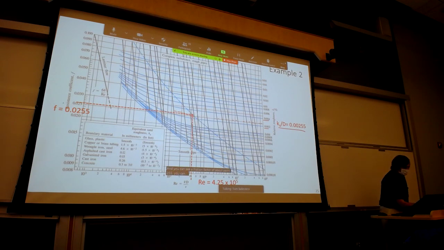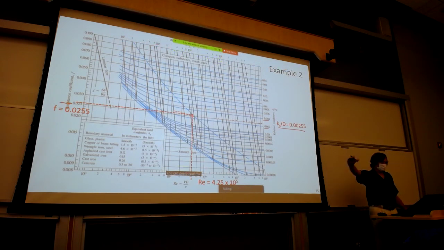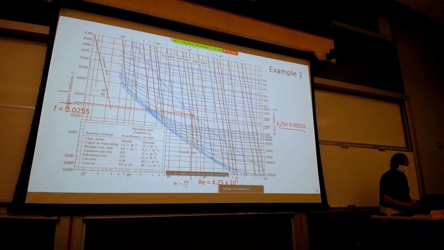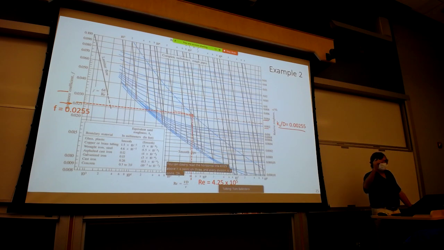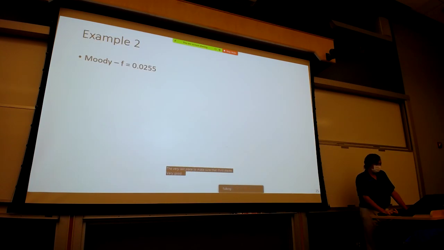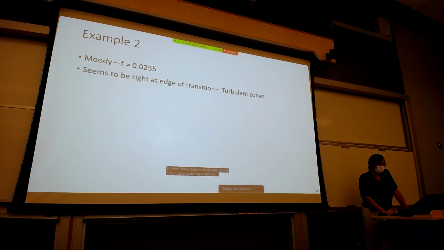You can clearly read the horizontal line for 0.025, above it is 0.03, and every division is a 0.001 change in the friction factor. So between 0.025 and 0.026, it looks like it's midway between, so that's 0.0255. Again, visually, you need to read that third, the very last place, to make sure that the third place is very good. So, from the Moody diagram, we just read that the friction factor is 0.0255,